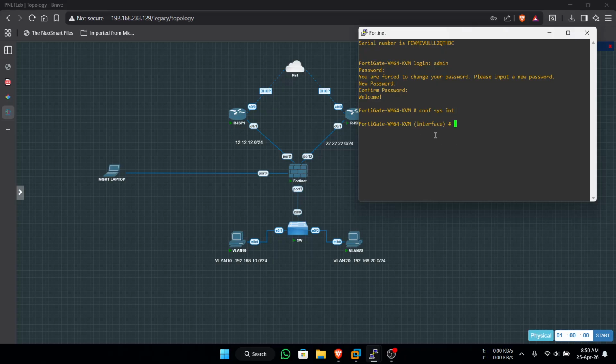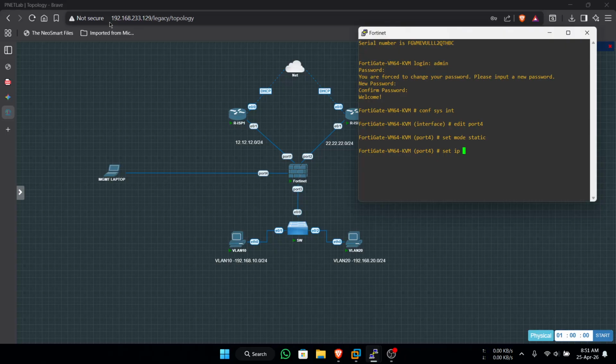Edit port4, connected to your management laptop. After that, set mode static. After that, set IP.